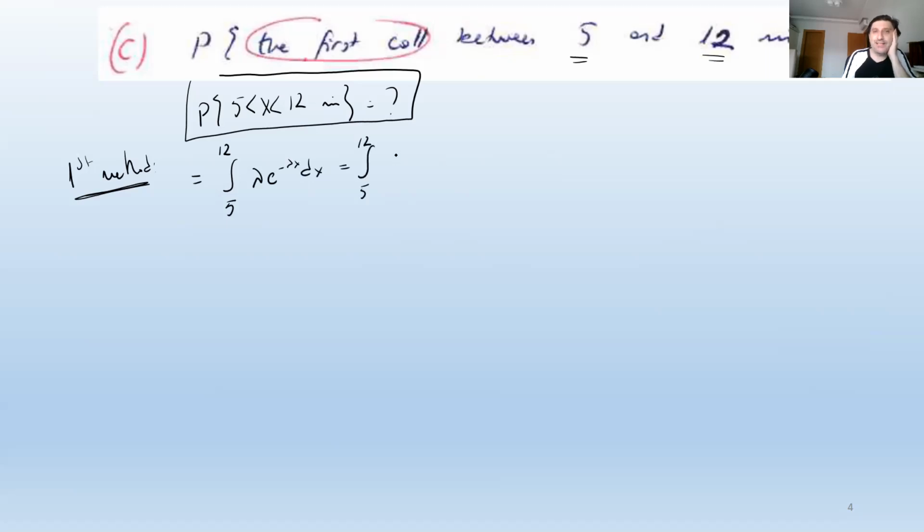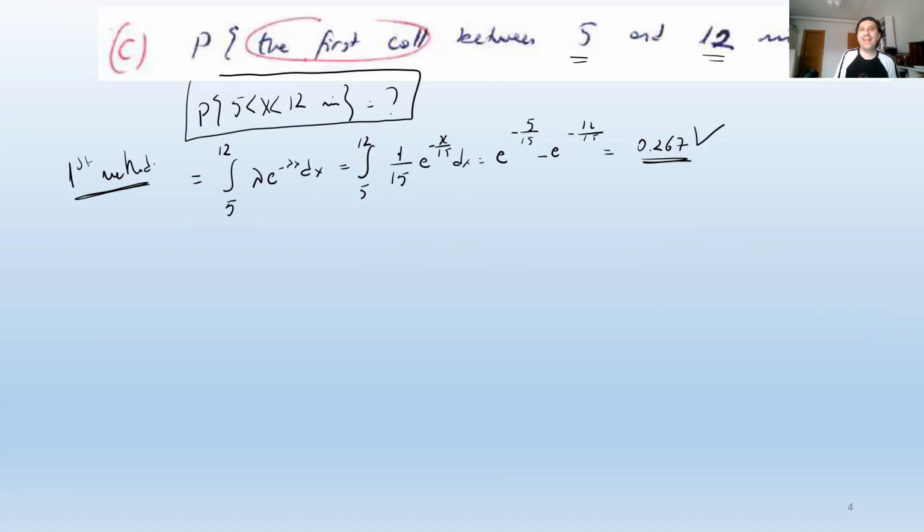But let's see why this is correct. It's not that straightforward, because the definition of exponential distribution is a little bit tricky, as I said. This is, I'm sorry, (1/15) e^(-x/15) dx, and I'm just going to copy the result from my notes. This integral is going to be e^(-5/15) minus e^(-12/15), and the result is 0.267. Okay. Now, this is a correct result. However, it depends on the type of question that is being asked.